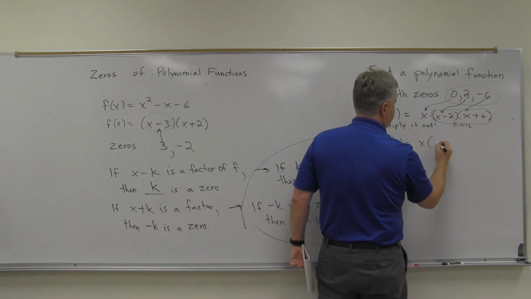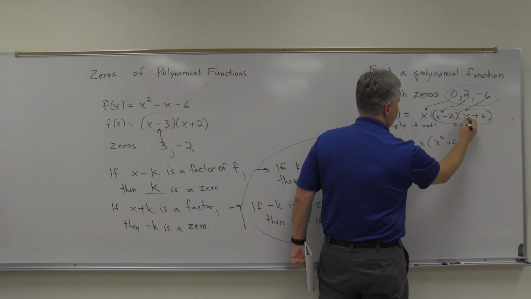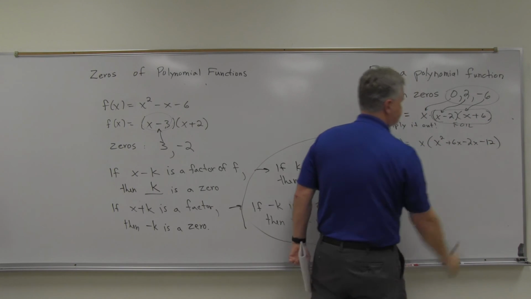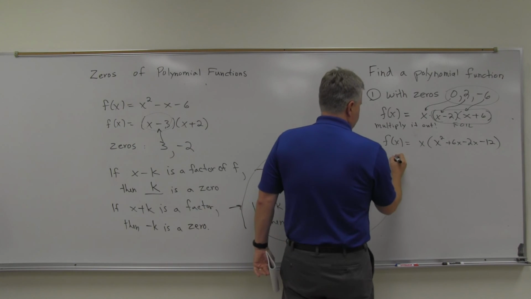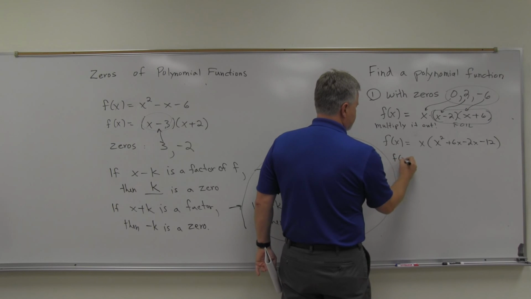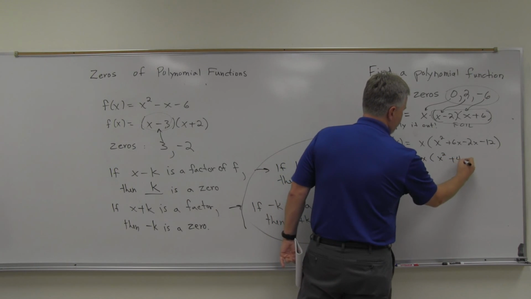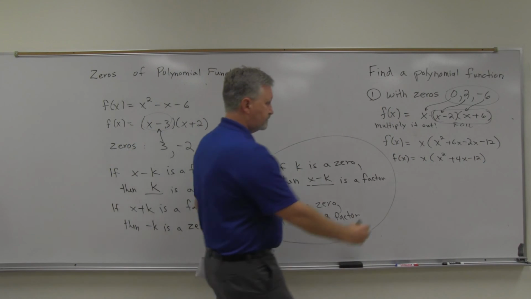So that would be x times x is x squared. X times 6 is plus 6x. Minus 2 times x is minus 2x. Minus 2 times positive 6 is minus 12. So we got x squared plus 4x minus 12, in parentheses. Okay? Now we distribute